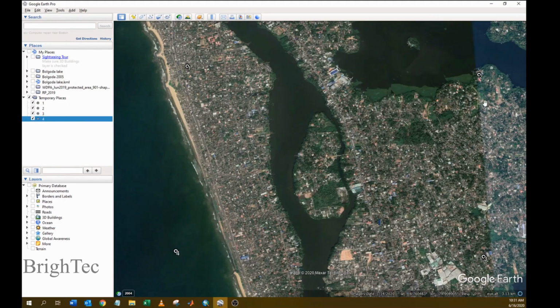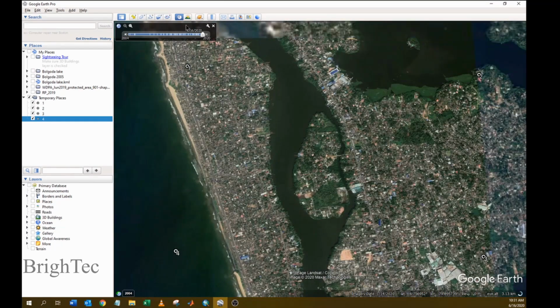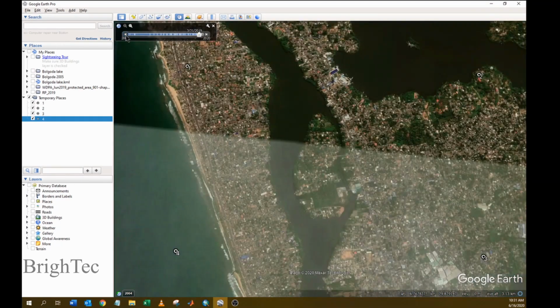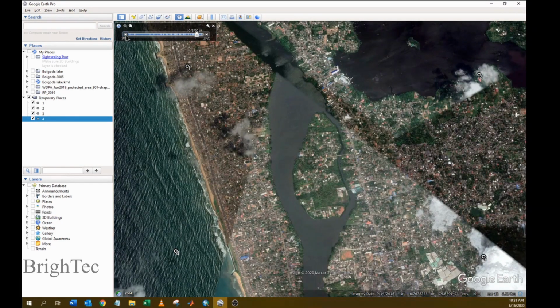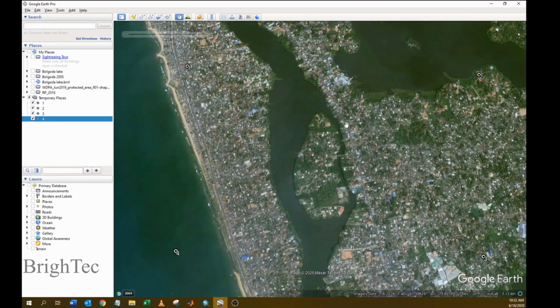Now I have added 4 place marks at the 4 corners, and let's say I am interested in a satellite image from a previous year. For that, I can use the historical imagery function in Google Earth and find the image I want. For example, let's say I want an image from 2018. So this is the image I am interested in. Now I have to save this image. Go to File,